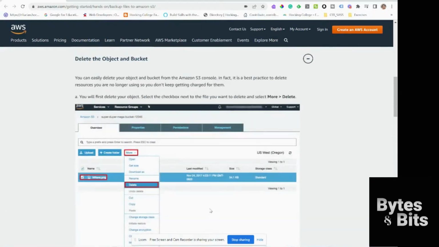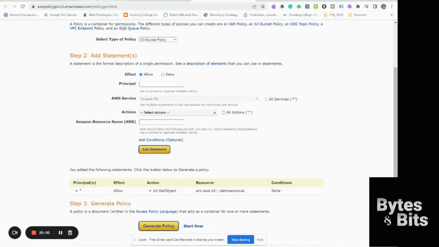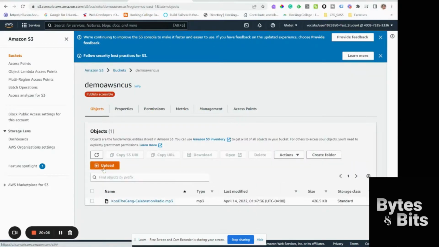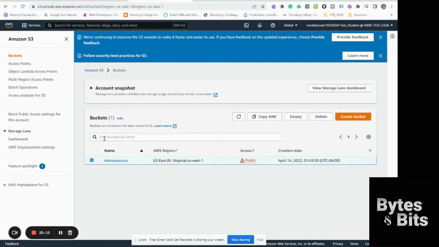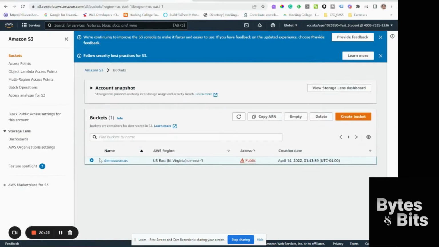deleting it. So let's go ahead and do that. Where am I? Okay. That's not what I want. There it is. Okay, so I don't know if I have to delete the items in the bucket before deleting the bucket. We'll see. So I'm in S3, I'm in my bucket. So I want to delete this demo bucket. Go ahead and hit delete. Bucket is not empty. I thought so. Okay. So I've got to empty my bucket